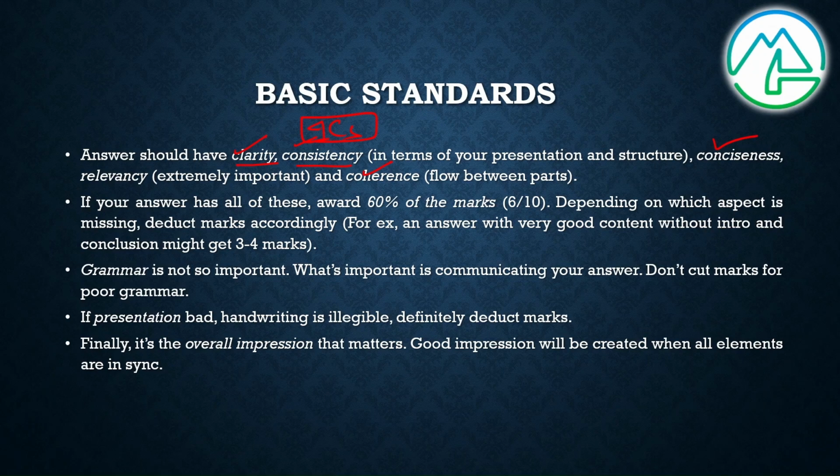So if you are doing all this, if you are ensuring these 4 C's, award yourself 60% of the marks. So we have seen most of the exams, highest mark that UPSC gives is 60%, right? अगर topper है, तो topper का mark 60% ही होता है. So we will be taking that as the standard. So if there is a 10 marker question and you are ensuring these 4 C's, then give yourself 6 marks, right? Depending on whatever, this is the highest mark that you should give.